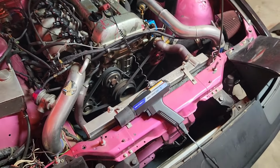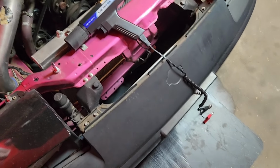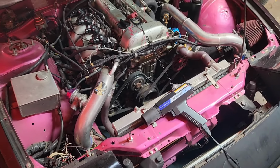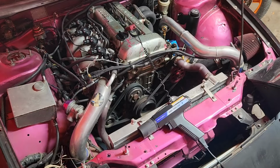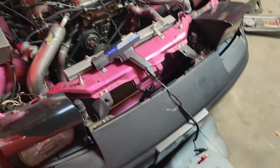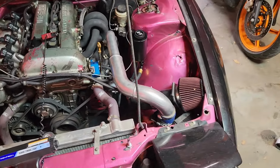So now I'm gonna do the timing, so I've got my timing light out. So I'm gonna be doing that. Okay, so this is kind of the overview part. I'll do some more about the timing here in a second, but another thing that I recently did